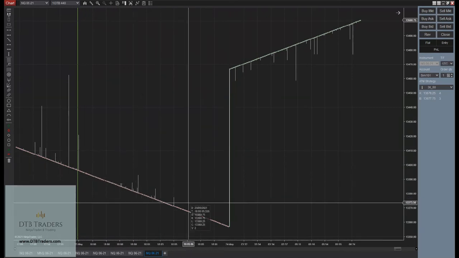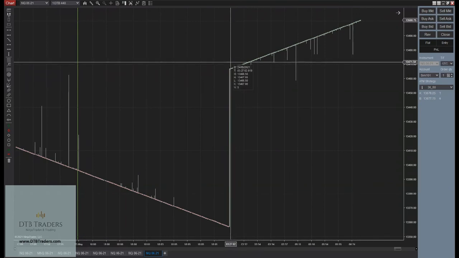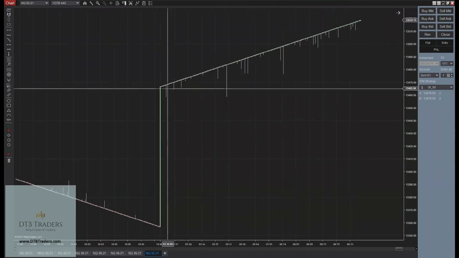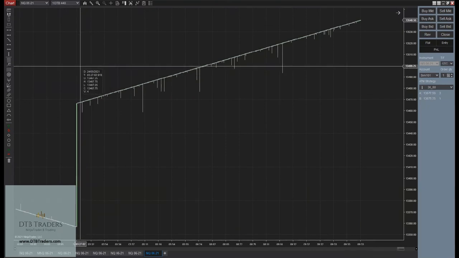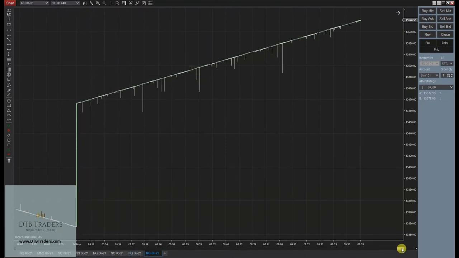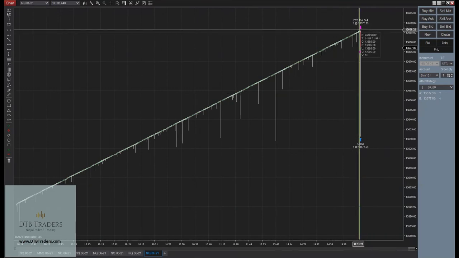So from session open to close, it was down, and then when the session reopened, we had an uptrending price the entire day from 3:27 in the morning right the way until session close at